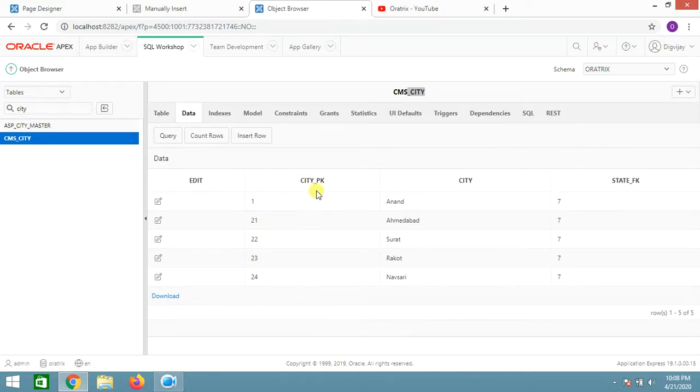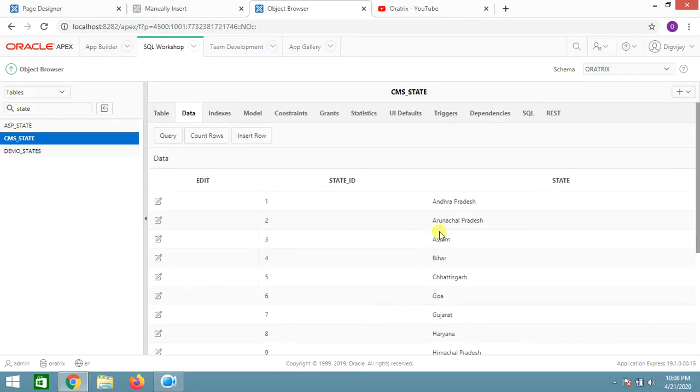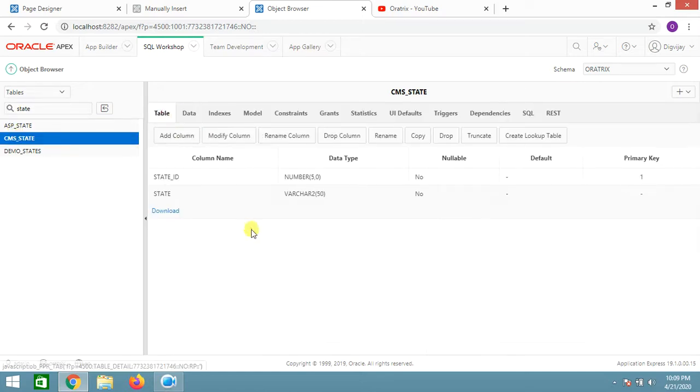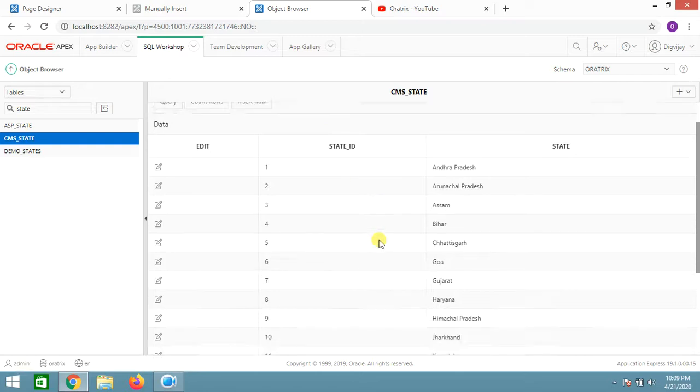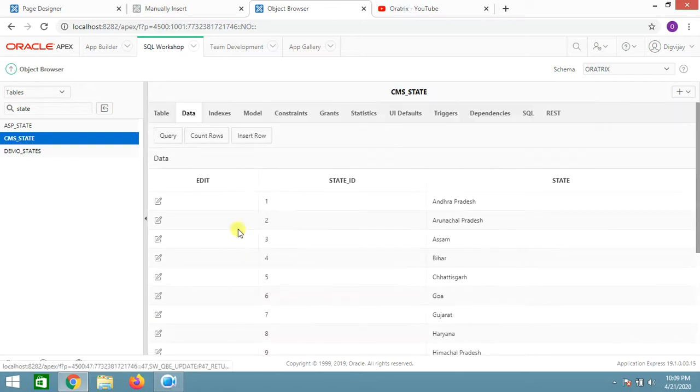I have already inputted certain cities which belong to the same state, right? So let us take a look at our state table, in which I have defined a state ID and a state only, in which state ID is my primary key. And let us consider the data. I have entered almost all the states of India.